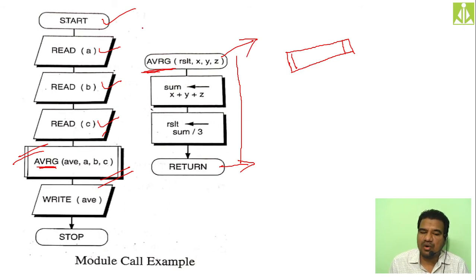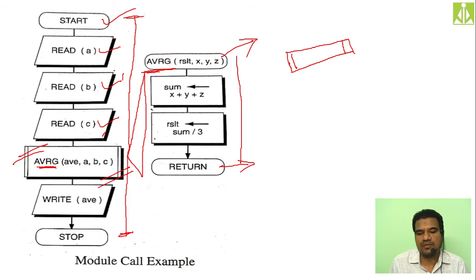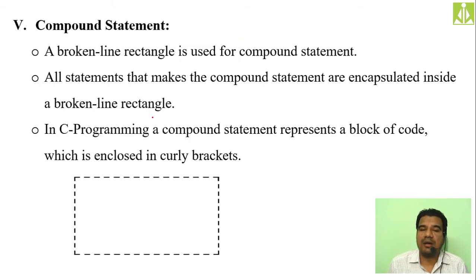How the control will flow over here: the control will start from here. All are sequential symbols, so it will reach till this point, module call, and once it sees this module call, it will come over here like this. Then it will execute all these things, and again it will come back over here because it is saying return. So it will come back to the location where it got separated, and again it will continue and it will stop over here. It will start at this point and stop at this point. In between, it will consider this subflow chart as well. Hopefully you understood.